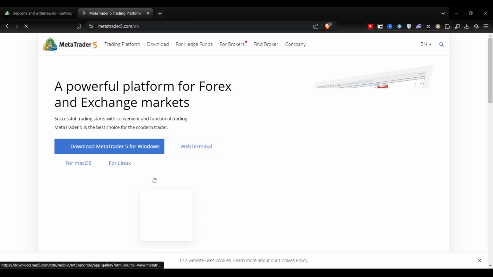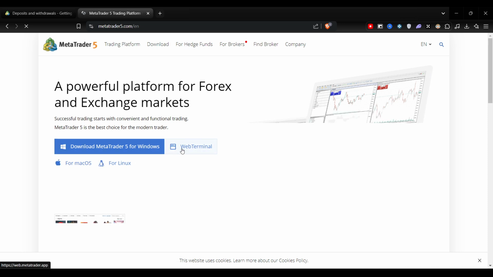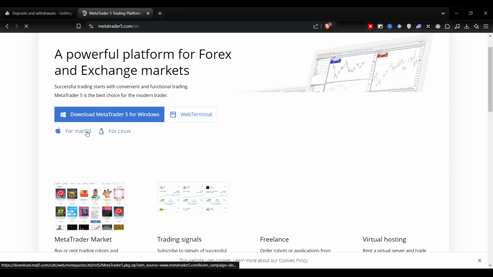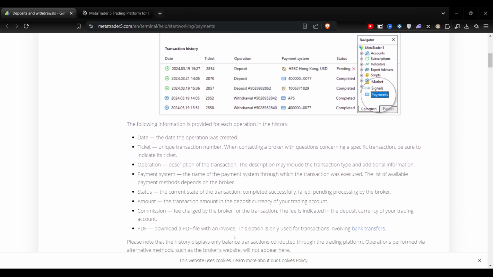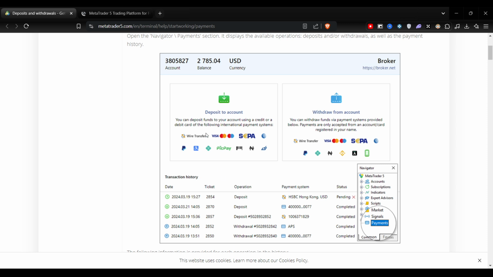So you have to access your broker website and log in. Make sure you download the software for whichever operating system you use right now. Then you have to go to deposit funds, right? You can see here, you have to click on deposit funds, and you can deposit